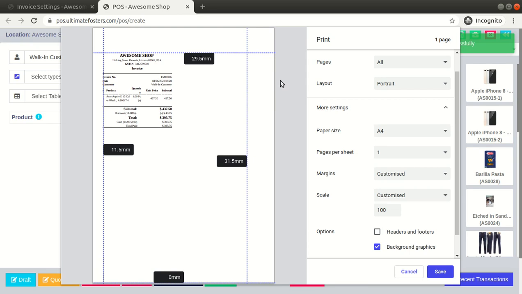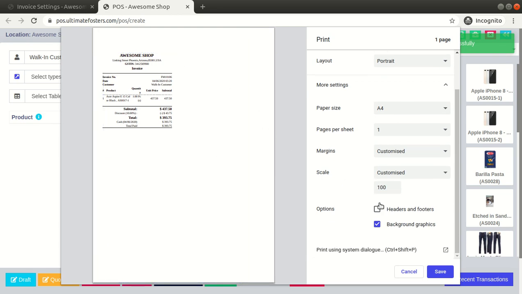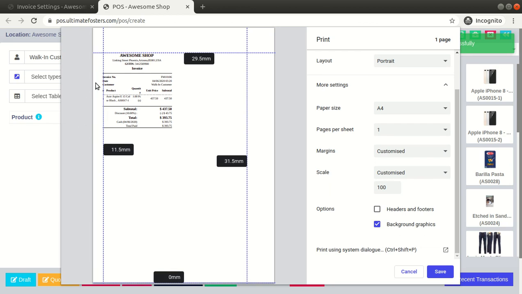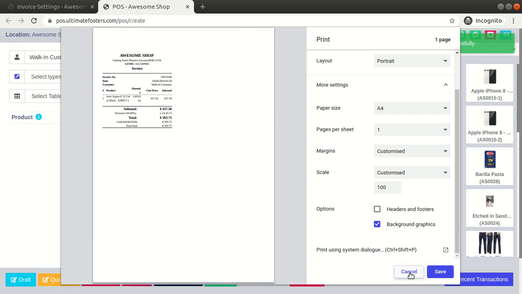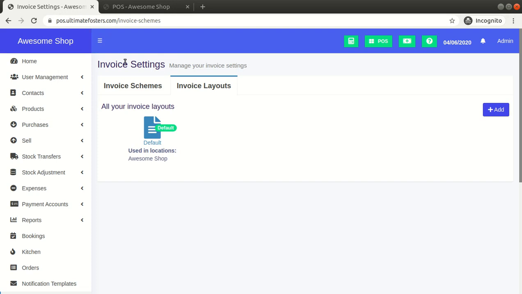You can try printing it on your printer, and check what margin works best for your printer. Because many different printers work differently, so setting a default margin here is very difficult. So you can easily adjust all the margins and all the things from here. So that's all from the invoice layout. So hope